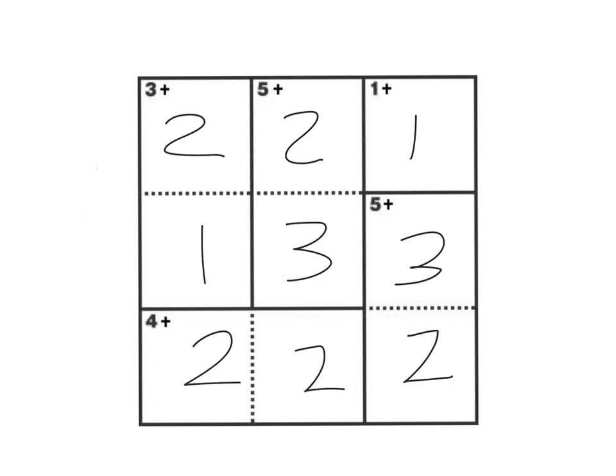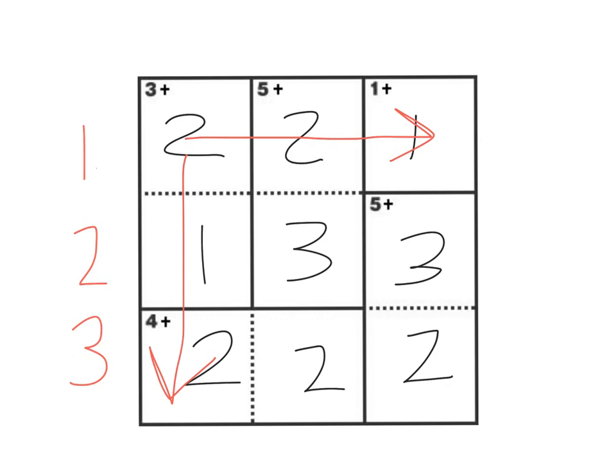But the other part of a Ken puzzle is this. Because this Ken puzzle is 3 boxes by 3 boxes, you can only use the numbers 1, 2, 3. I've done that. I have only used 1s, 2s and 3s to complete my Ken puzzle. But the other part of the rule is you are only allowed a 1, 2 and a 3 along here, a 1, 2 and a 3 down here. So every row and every column can only have a 1, 2 and a 3, which makes what I've done incorrect. So I'm going to need to rub it out,